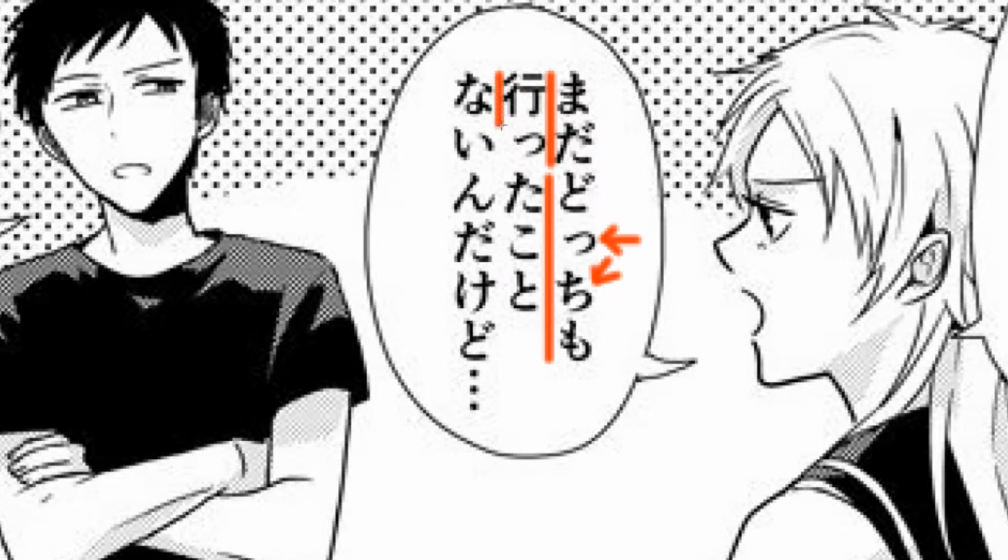So this is actually the kanji for iku. And you may remember that from my lesson, but when iku, which means to go, is put into the past tense, it becomes itta. So here you have itta. So dochimo itta, mada dochimo itta koto nai ndakedo. So nai means I haven't had yet. So basically what she's saying here is I haven't gone to either of the stations yet, but